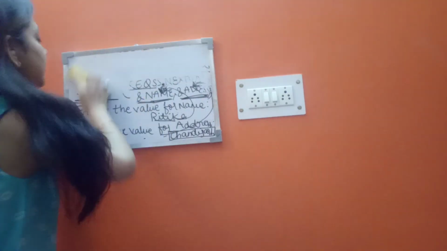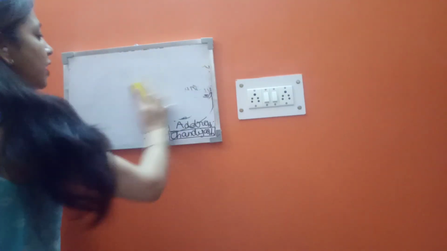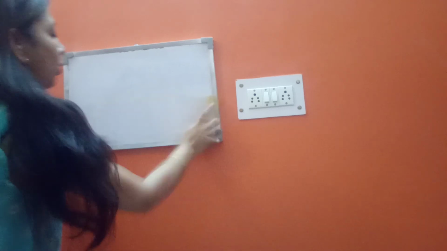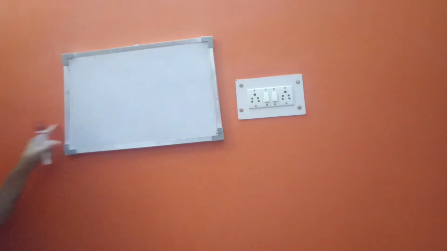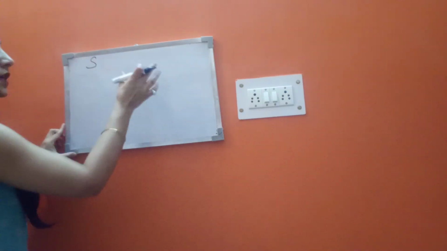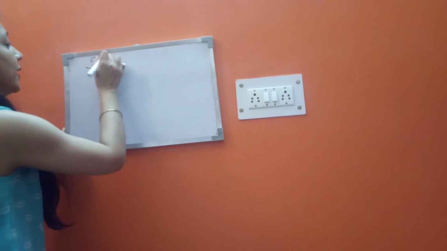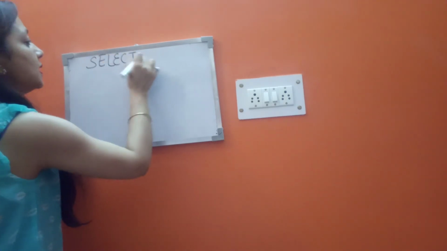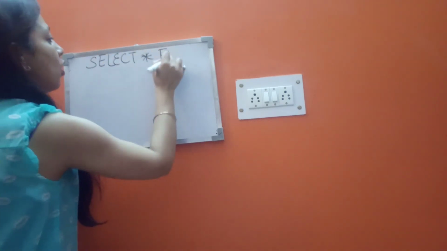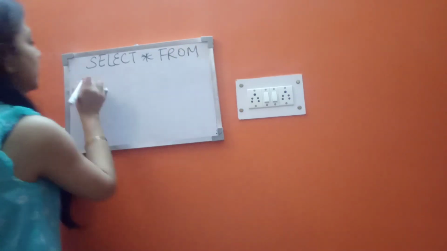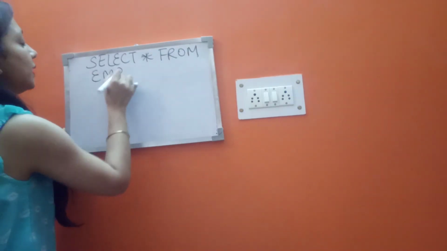So that means the new employee table will have one more record having the new employee code, the new employee name, and the new employee address. So next time, after inserting these new values into the employee table, now when you run this query, select star from employee, now you try and run this query.